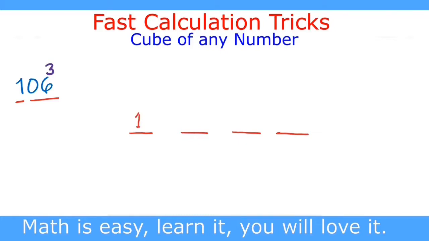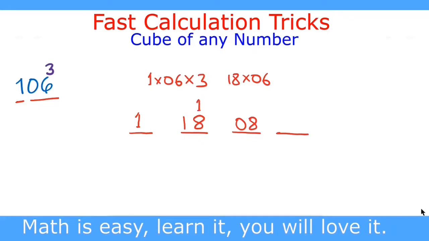Now in second portion we have to multiply these two portions, 1 and 06, and we multiply these by 3. So we write 1 multiplied by 06 multiplied by 3, and multiplication of this is 18. So we write 18. Now we multiply this 18 by 06, second part of the number. So 18 multiplied by 06 is 108. So we write 08 here and carry 1.